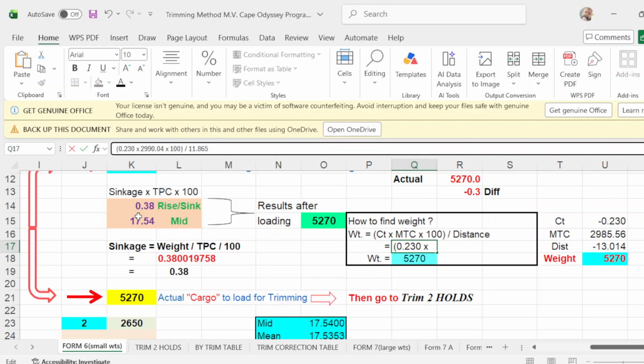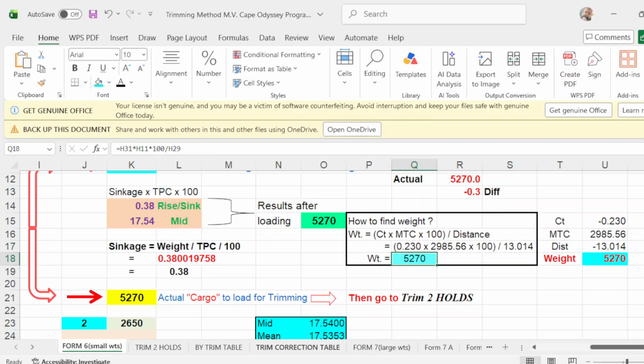And MTC should be 2985.56, and your distance will be 13.014. Okay, they're not the same.